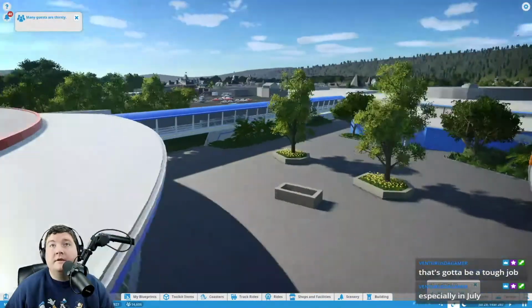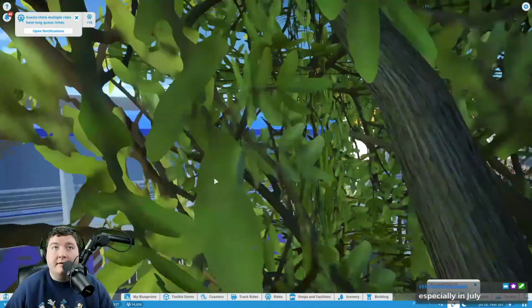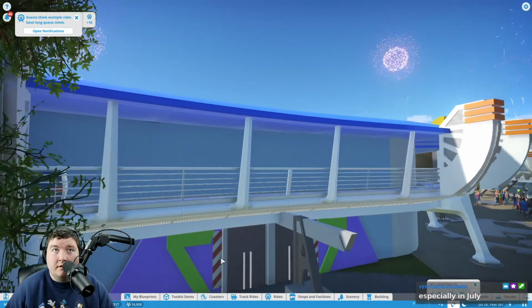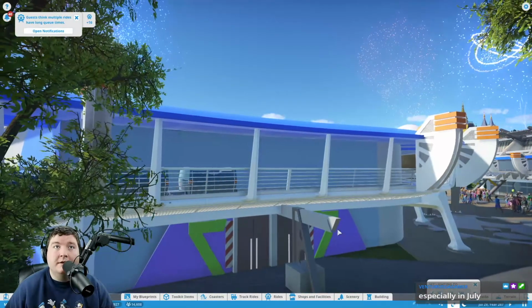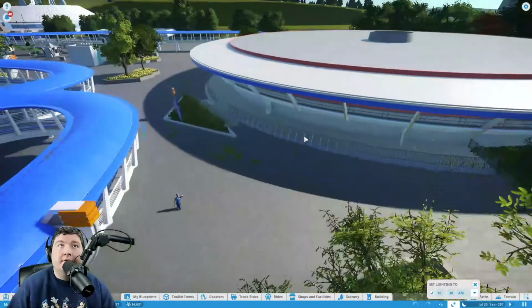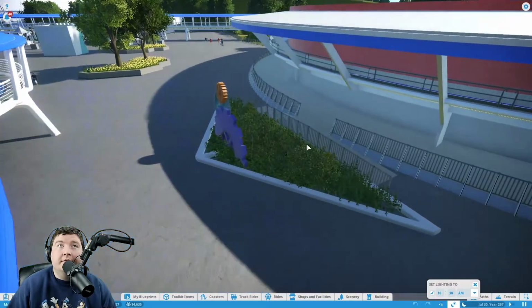So then Buzz Lightyear would be over here. The only hint of Buzz Lightyear I have is right here. It's the Buzz Lightyear colors for sure, and this kind of looks like the thing on the wings. So this is the Carousel of Progress. If you don't know, Carousel of Progress